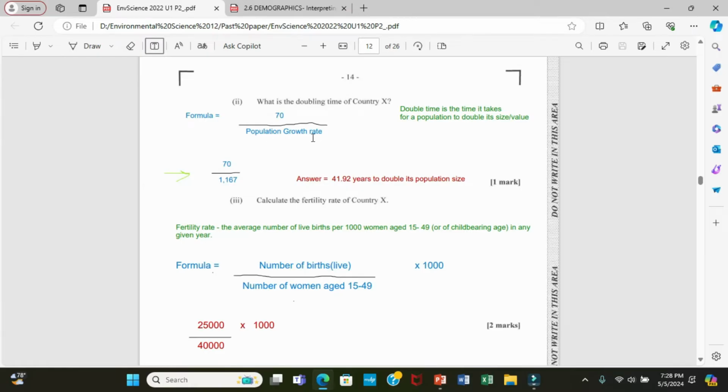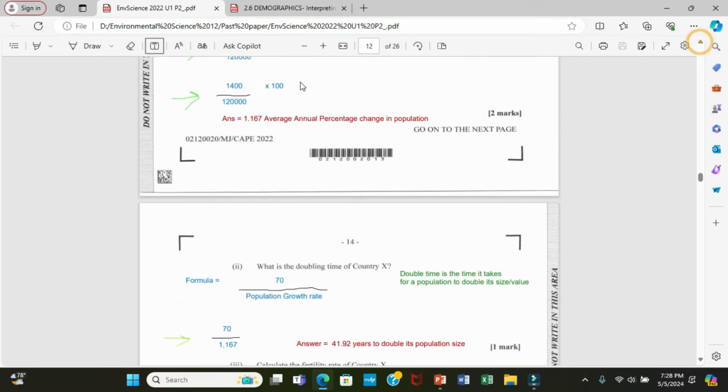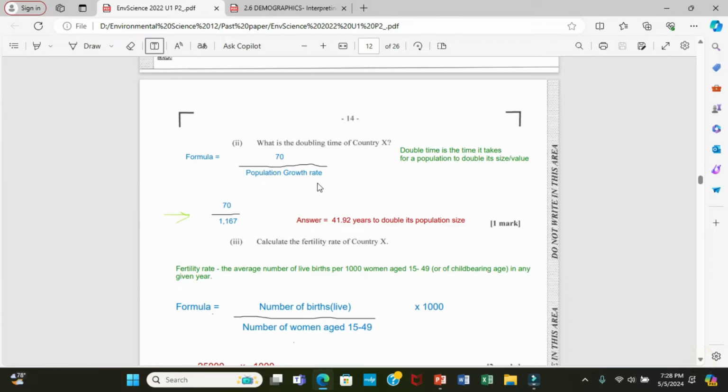Of course, guys, for you to get this part of the question correct, you would have to get the previous part correct, or you have to first calculate that part in order to use this method. All right, so it's the rule of 70 I'm using. So it is 70 divided by the growth rate, which is